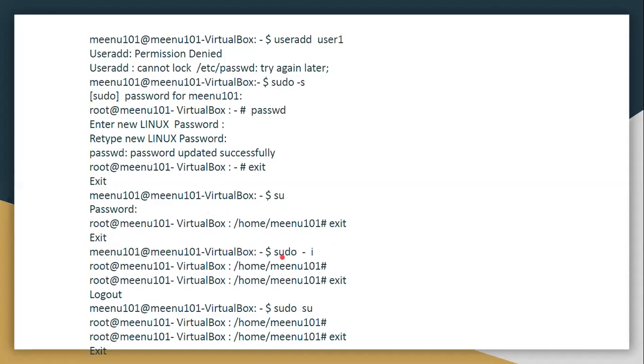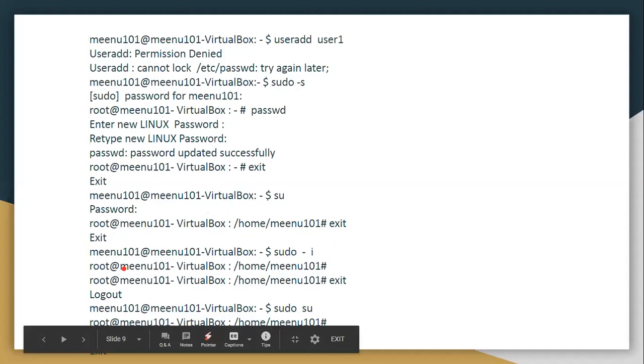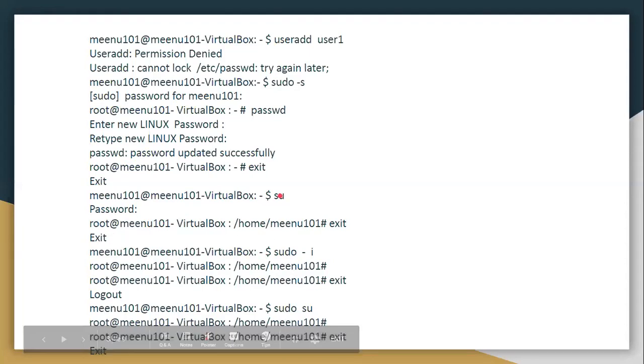Fine. Similarly, I can use sudo -i. The i stands for interactive shell. Now when I enter this command, sudo -i, it will directly move me to root. You have seen earlier that when I use su, I'm switching the user and it asks me for the password.